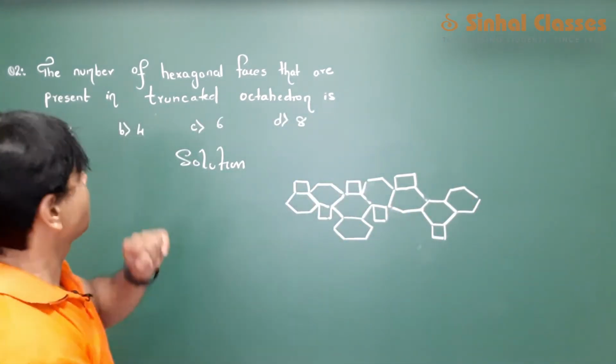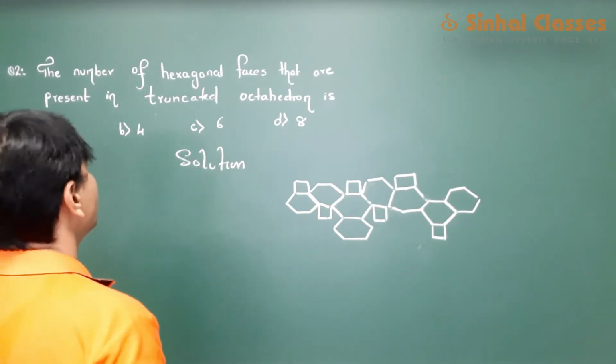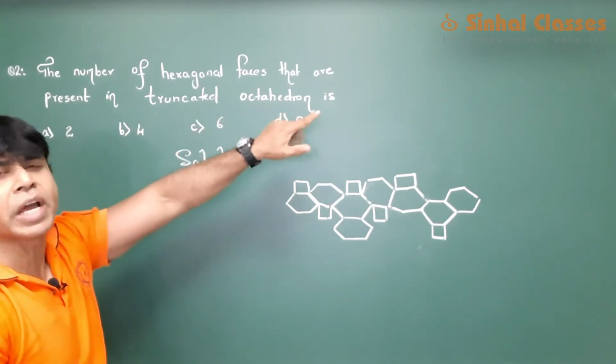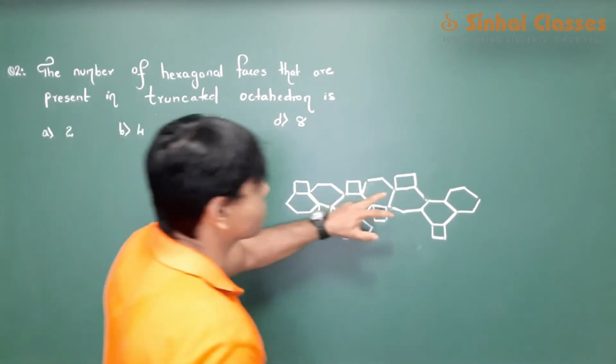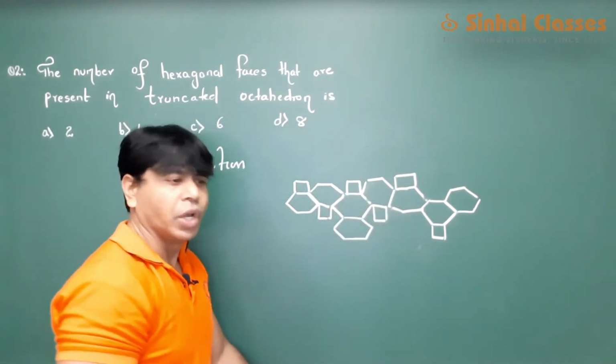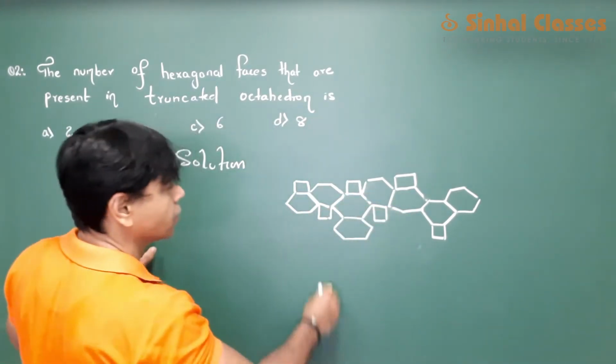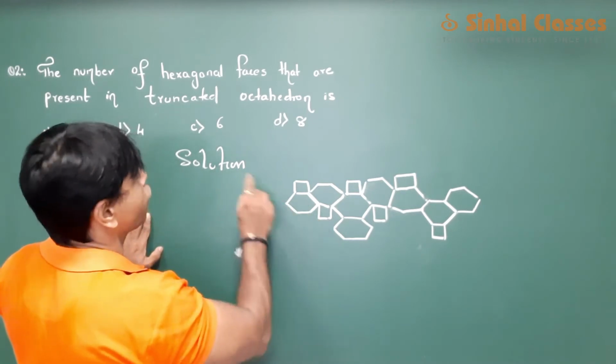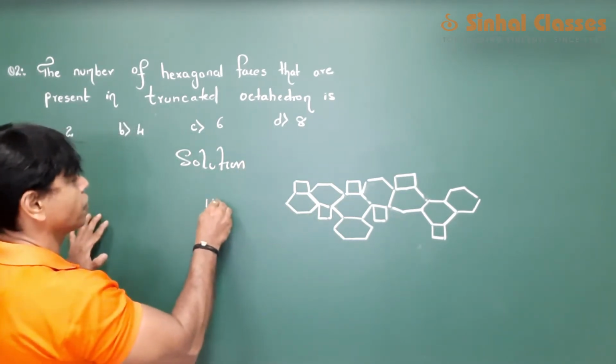Okay, have a look at this structure of truncated octahedron. It's a two-dimensional structure. Your observation is there are total 14 faces,